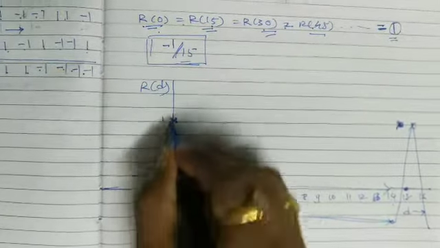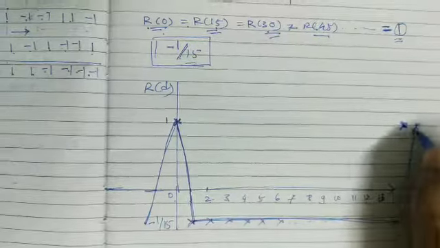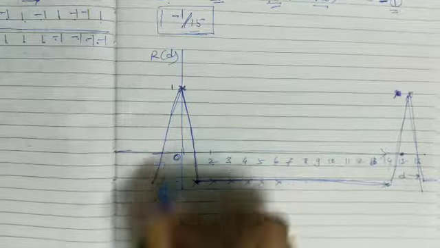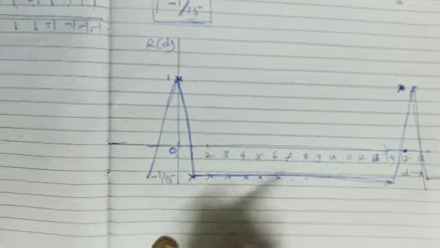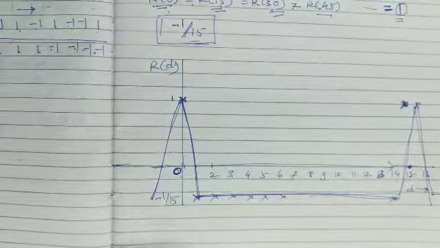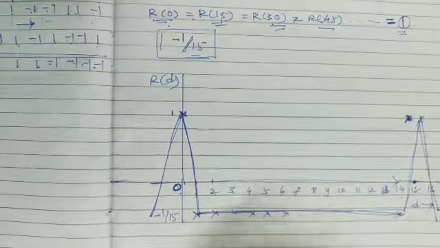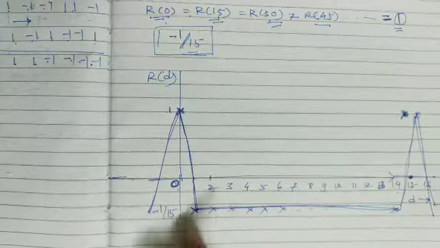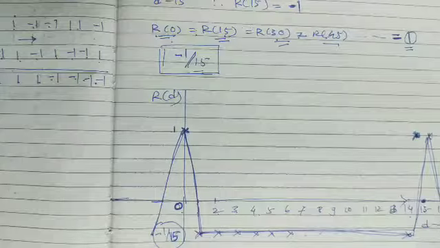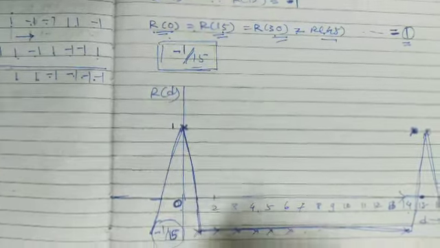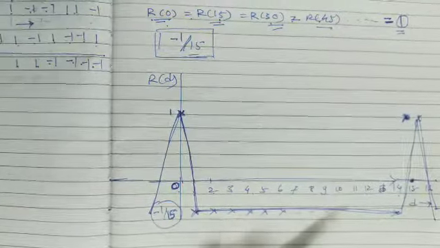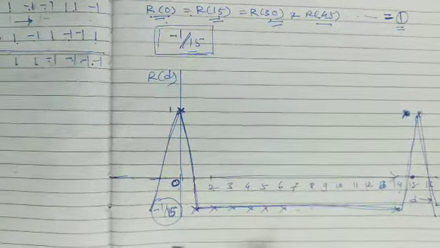So this type of nature we will get for the autocorrelation function, which indicates that we are getting the significant value at 0 for a 4-stage LFSR. We are getting the significant value at d is equal to 0, for d is equal to 15, for d is equal to 30, likewise. At other instants, the value that we will obtain will be minus 1 by 15, which is of no use. Now this autocorrelation property plays a vital role as far as PN sequence for spread spectrum communication is concerned.